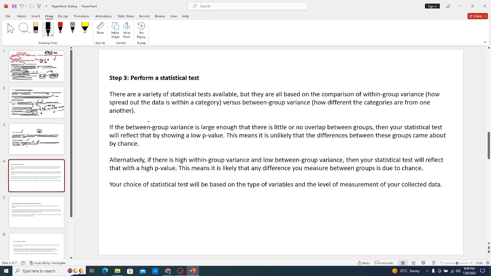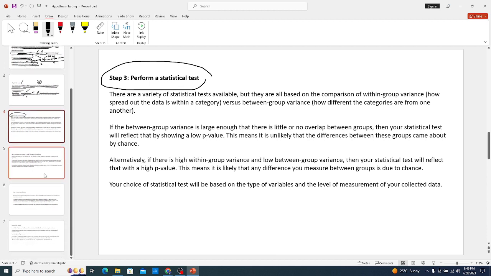After collecting the data, you now perform a statistic. Now definitely here we'll have some computations. So that is under this step, we are told to perform